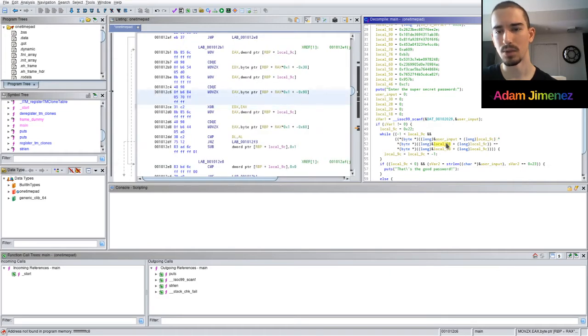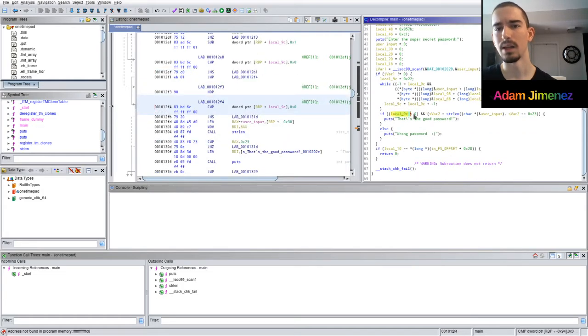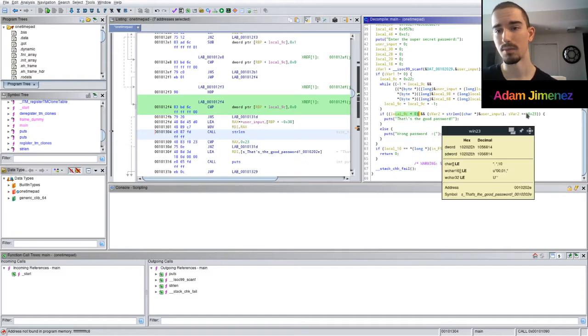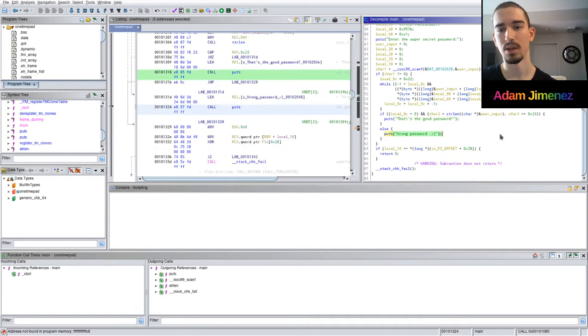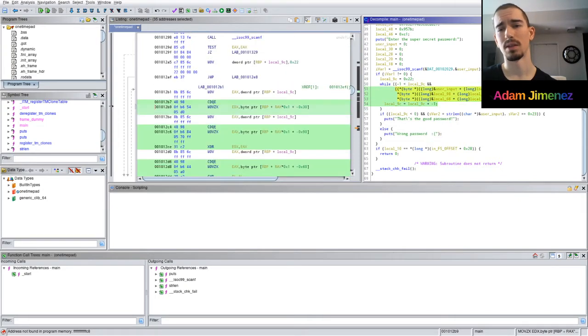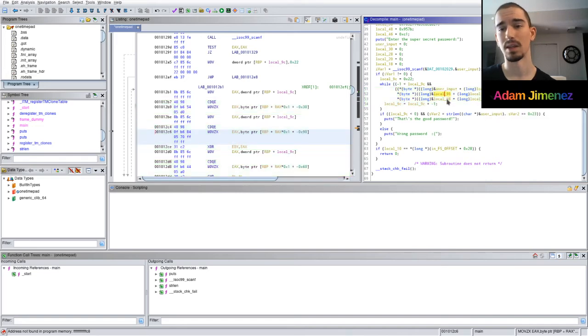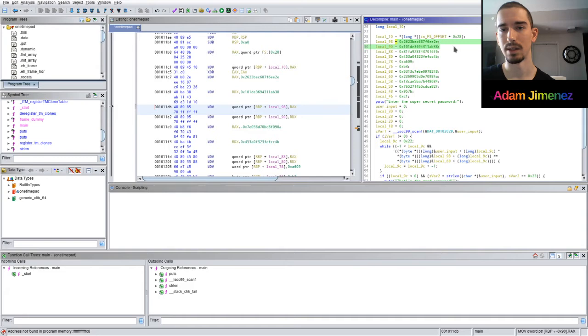right? Then we XOR it with more stuff plus the index, but this is going to XOR itself, right? Go to this and this, and if we reach the end of the loop without a mistake, then we get good password, otherwise we get wrong password. So I looked at this and I was like, man, I don't want to solve this equation myself for every character,